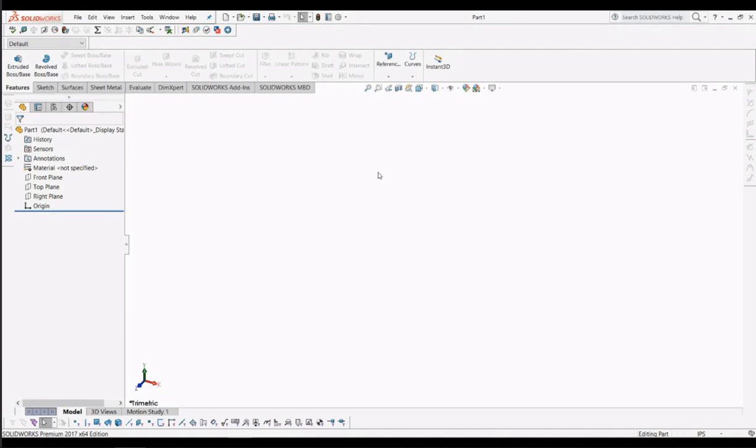After that, the most important thing in engineering and any other fields, I don't know about any other fields, but the most important thing in engineering is our dimension, our units, what the units we are going to use. Okay, for us to change the unit, the easiest way is go to the bottom of our document